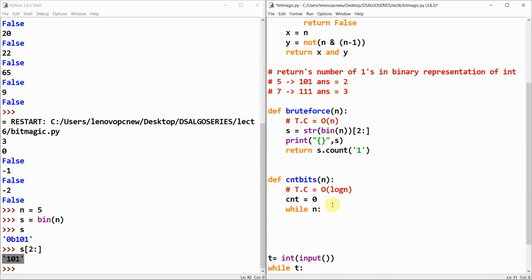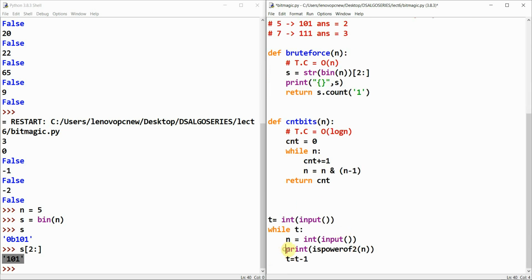We have count is equal to 0. Basically, in the end we are going to return count, but before that we will calculate count. How are we going to do this? While n, count plus equal to 1, and we will change the value of n to n bitwise and of n minus 1, and we will return the count. So I'll comment this out, and